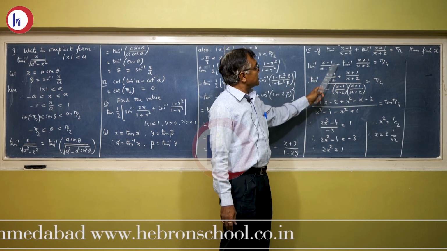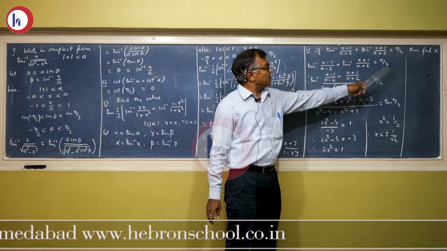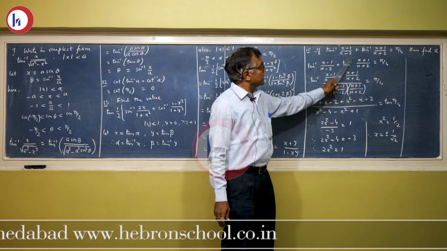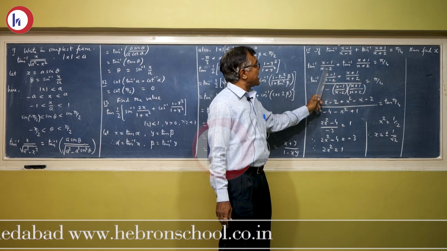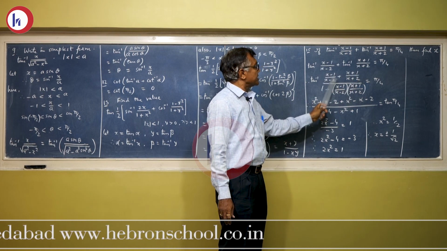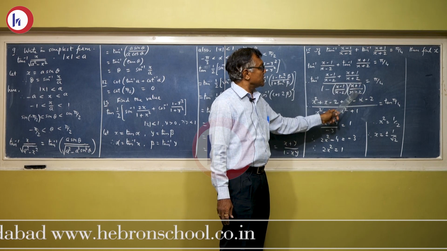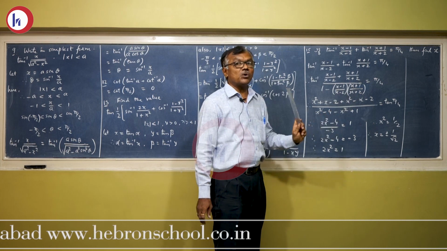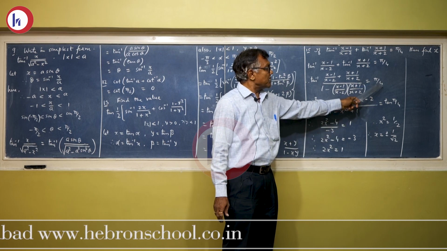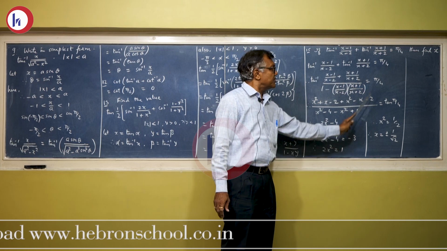Tan inverse of x minus 1 upon x plus 2 plus tan inverse of x plus 1 upon x plus 2 equals pi by 4. We assume this whole term is x and this whole thing is y, so tan inverse x plus tan inverse y, that formula you apply. So tan inverse of x plus y upon 1 minus x into y. Now at present we do not know whether this is less than 1 or greater than 1, so keep it as it is, equals pi by 4. Now tan inverse of this equals pi by 4, therefore tan goes to that side and becomes tan pi by 4.